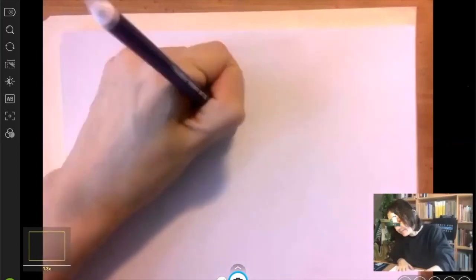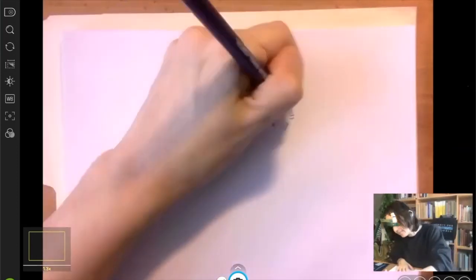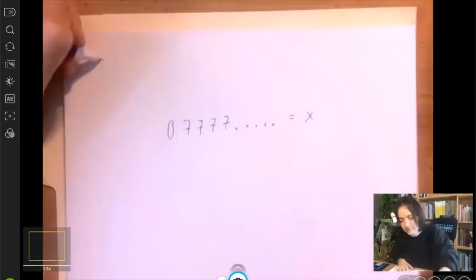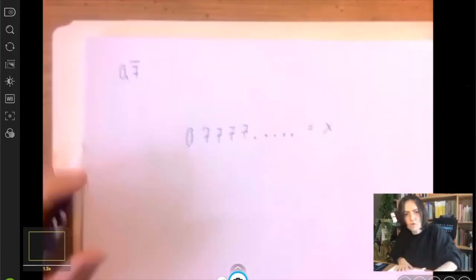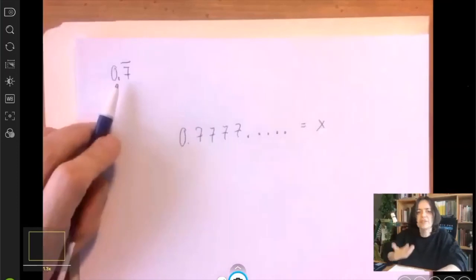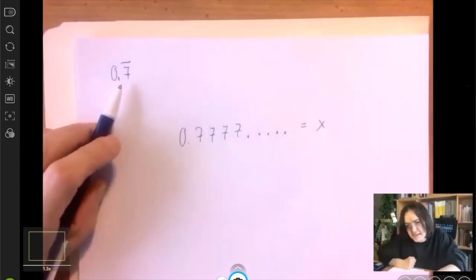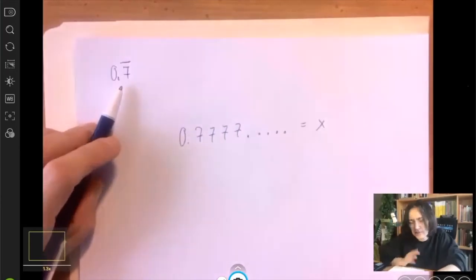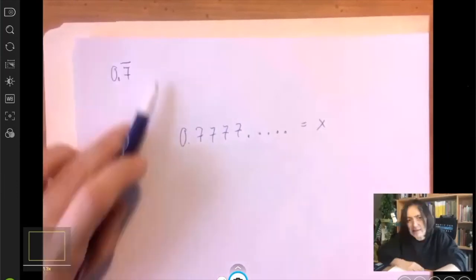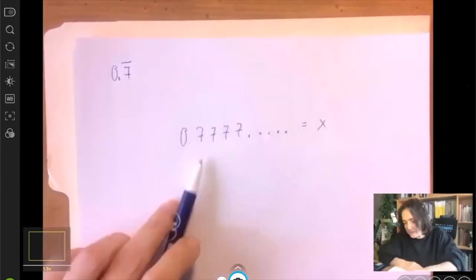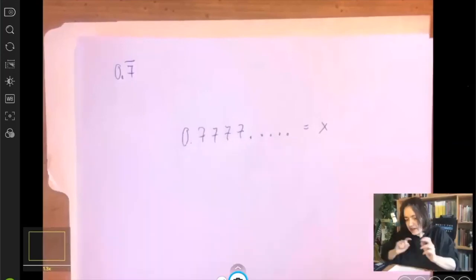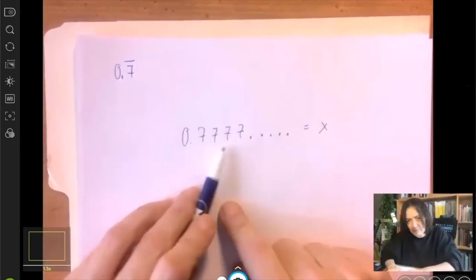So suppose we have something like 0.7777 repeating. So this is the original number, and the problem is going to say the following. Prove that this number is rational by expressing it as a quotient of 2 integers. You never have to reduce it, by the way. So the first thing we're going to do is drop this notation and write it like this. Now, visually, you see 4 times the digit 7, but